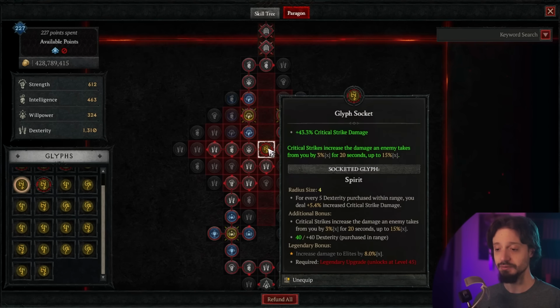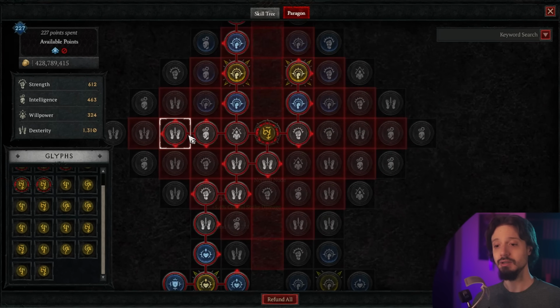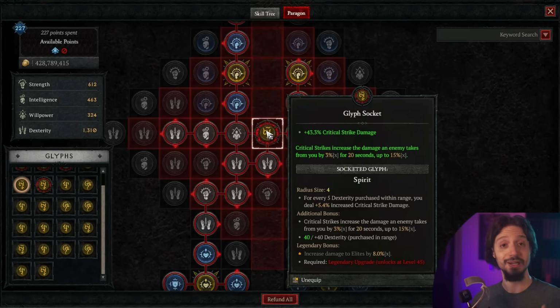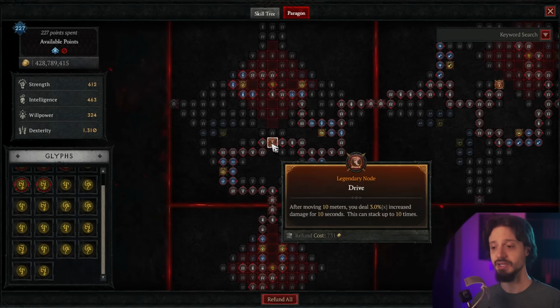of your glyph. So here you can see that to unlock my additional bonus, I need 40 dexterity within the range, which is this red color here. So I'm taking these little dexterity nodes in order to get my quota. Once that's online, then you can move on. Again, your secondary importance is going to be your